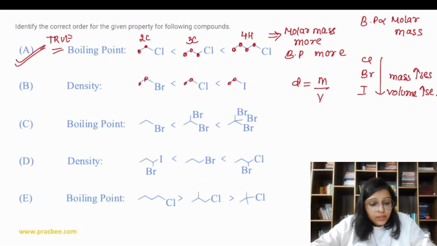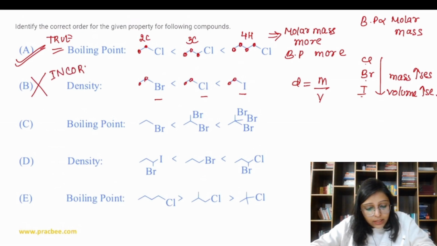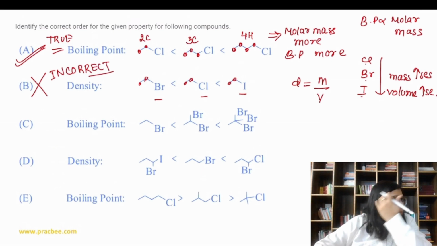Right? Volume also increases. So if we just want to go by the mass, what happens? Iodine more than bromine than chlorine, right? It should be the order. Now here we have iodine, chlorine and bromine. So this is going to be the incorrect order. So this statement is incorrect. But this part is incorrect. It means there is no need to check for the